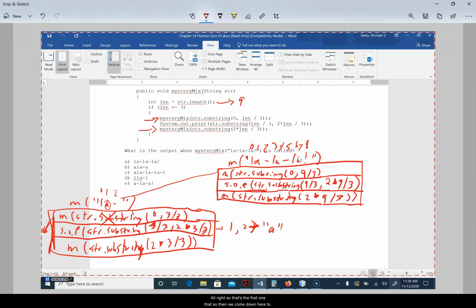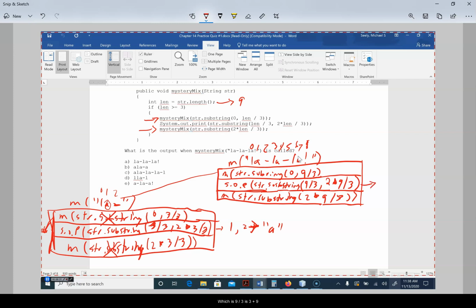So then we come down here. 3 divided by 3 is 1. 2 times 1 is 2, so it would just pass a dash into this M. And then we still have the same issue. A dash is just a length of 1, so is 1 greater or equal to 3? No, so this is done. Nothing happens there. So then we pop back up this stack and we do this one right here,